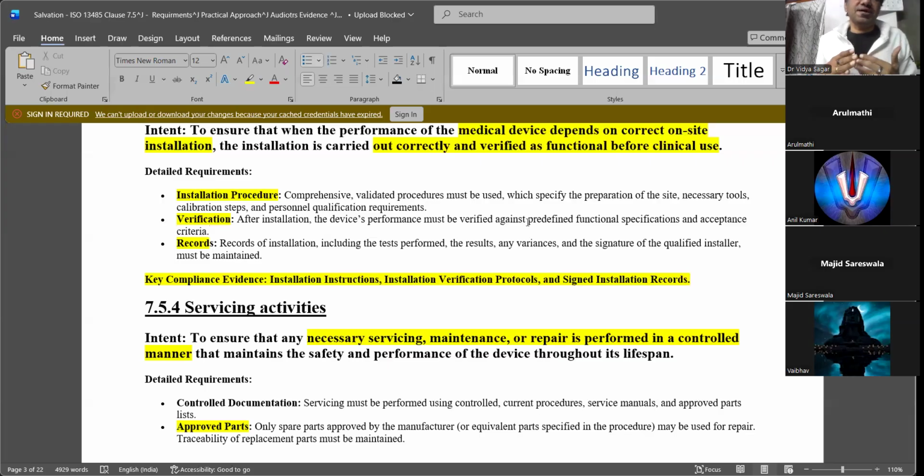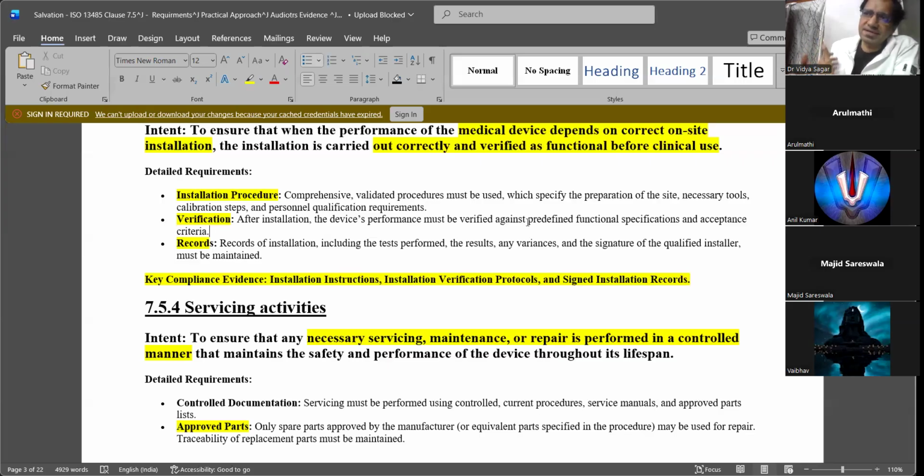For those things which you can't verify, you need to validate. But here, verification is input versus output. Validation is something for a particular intended use, or you meeting the requirements for the particular intended end use.